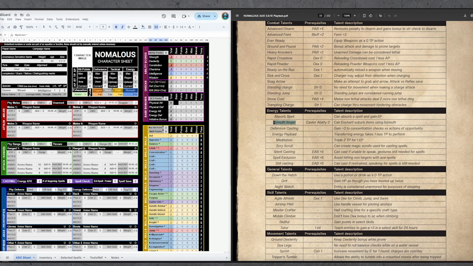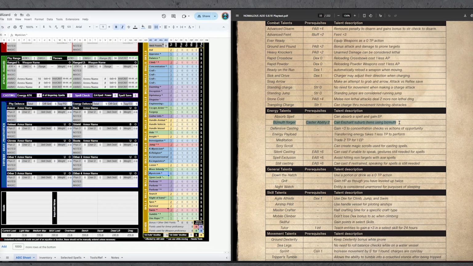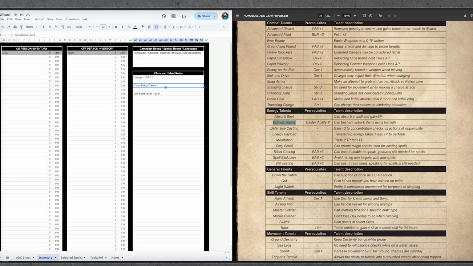So that's one that we are going to go ahead and take. It's not going to help us early game, but it's good to know that you're going to be an enchanter, so that way you can kind of weave your spells and the rest of your skills as you level up into supporting that enchantment. So we're going to go ahead and put this in our class bonus talent, bismuth forger,